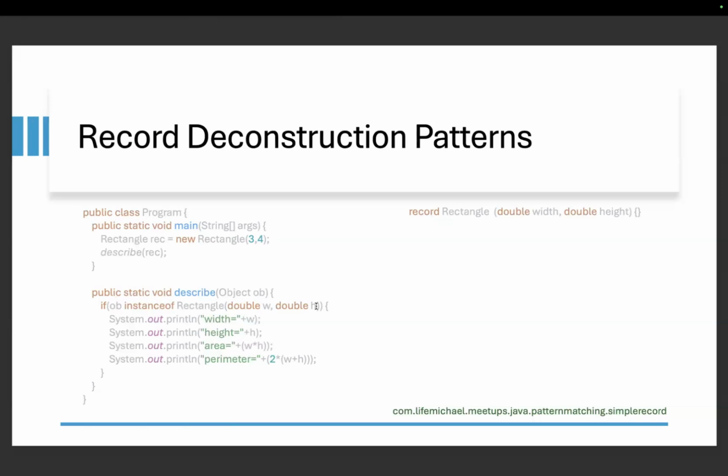The value of width 3 will be assigned to w, the value 4 will be assigned to h. Deconstruction is also a capability that is becoming very popular. We have it in JavaScript, Kotlin. Here you can see we have it in Java. Very useful in order to code simpler and shorter programs.